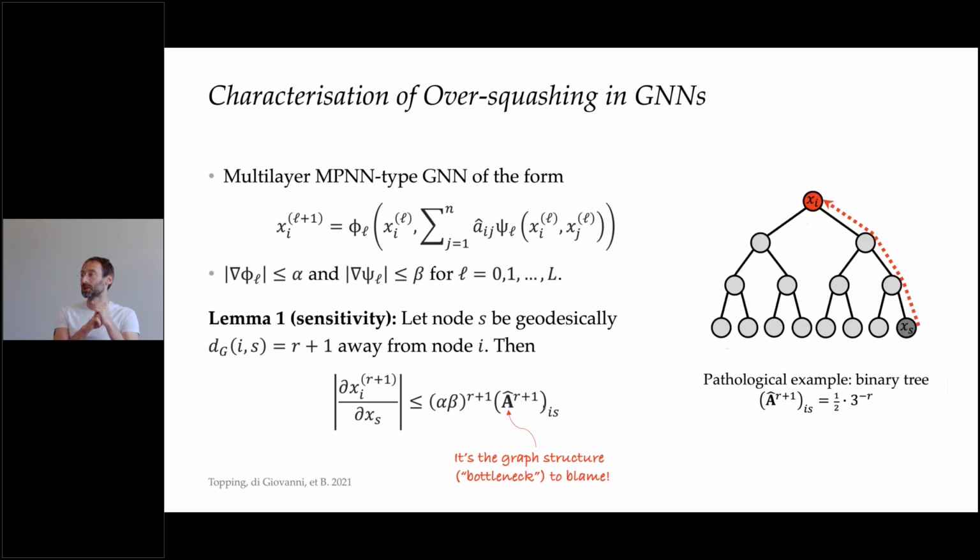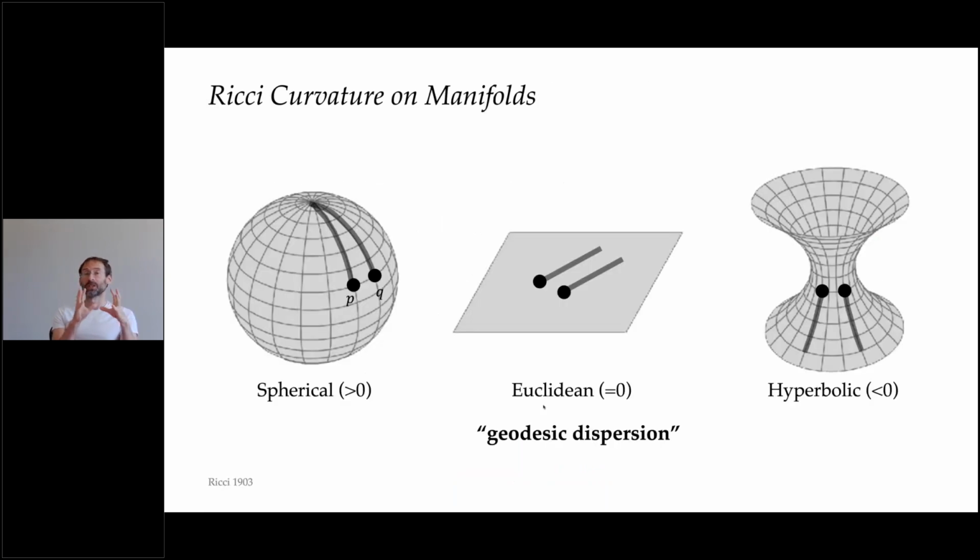Now, we obviously know that in some graphs, this phenomenon will be more acute than in others. So trees are, for example, the pathological example where this insensitivity, or oversquashing, is the hardest. And in grids, for example, this will probably be much less of a problem. So in differential geometry, a notion that allows you to distinguish between objects that look like grids, or like planes, and something else is exactly the curvature. You can associate it with what is called geodesic dispersion. So if I take two points and I shoot geodesics from them, I can see whether they will converge, remain parallel, or diverge. And this differentiates between spherical, Euclidean, and hyperbolic geometries.